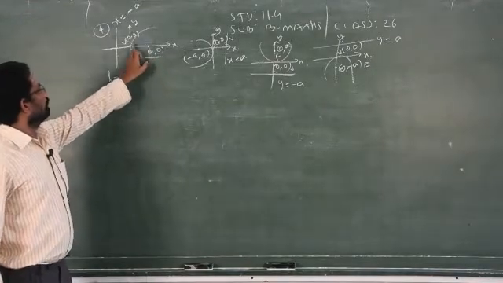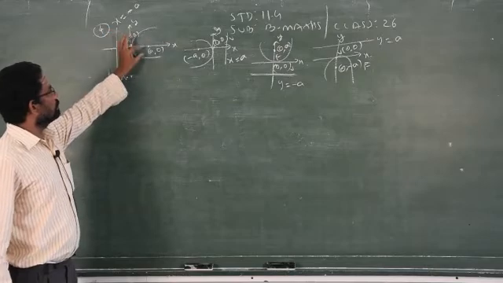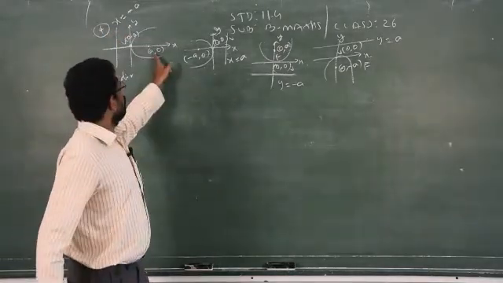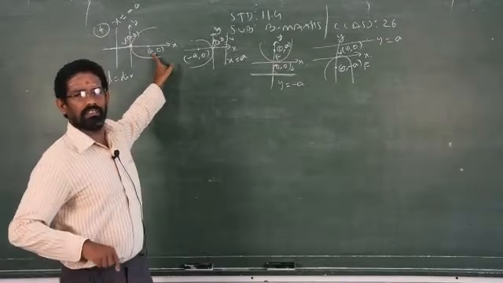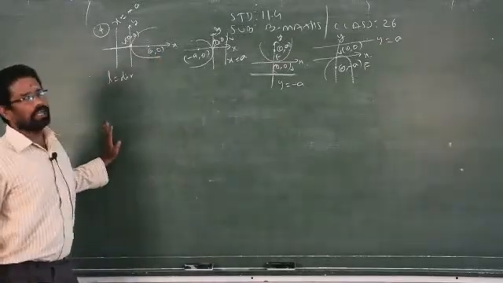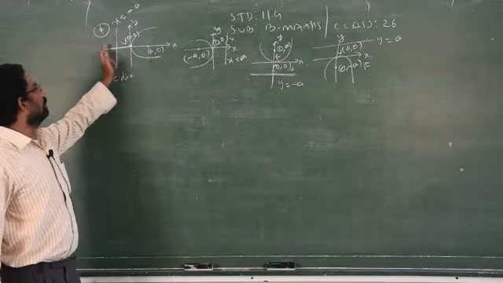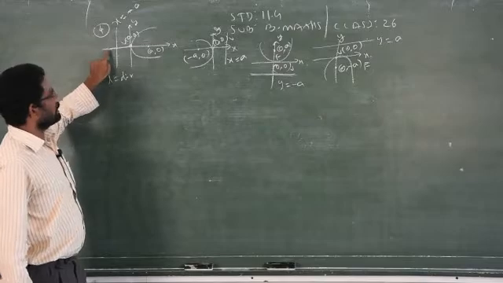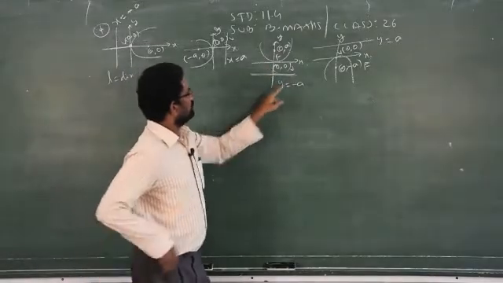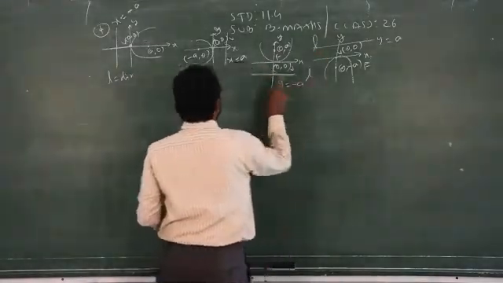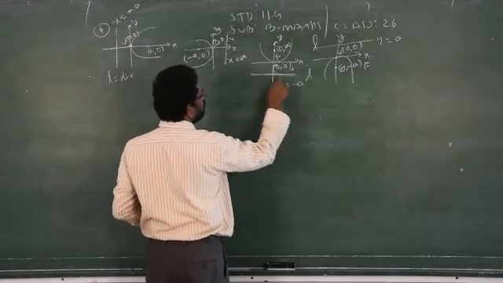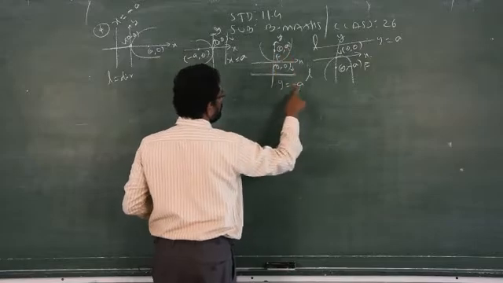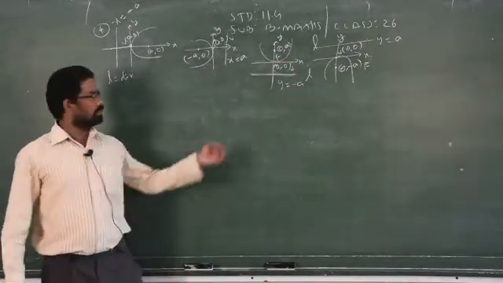Once you know the focus, I said how to find the focus. When the parabola contains the x-axis, the focus will be on the x-axis. So for a point on the x-axis, y will be 0. I don't know what the point is, so generally I call it a. That's all. Then how to find the directrix? Just the opposite sign of the focus: x is equal to minus a. Because this directrix L is passing through which axis? Y-axis. Thus y is equal to the opposite sign of the focus, that is, plus a will become minus a, and so on for the next one.